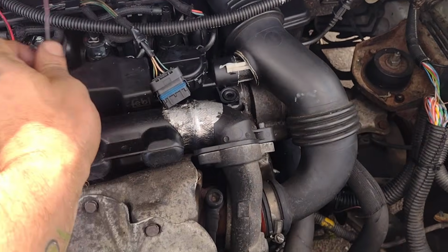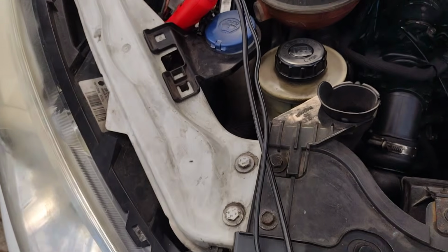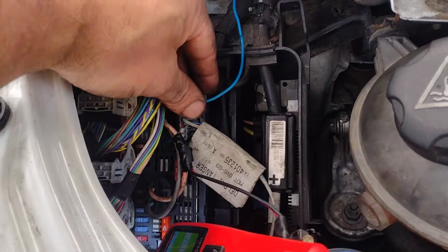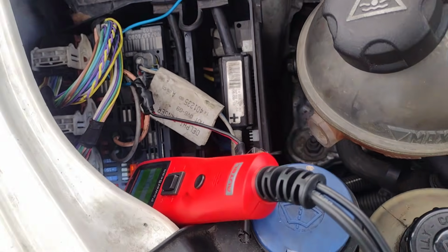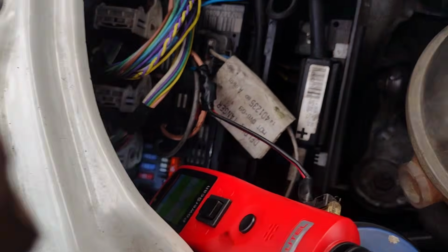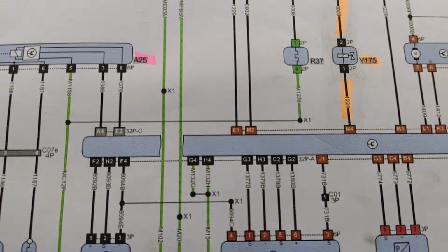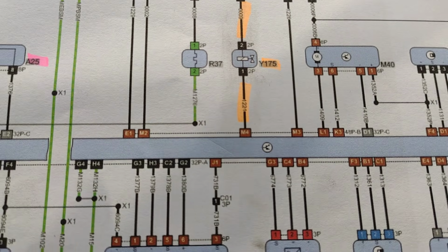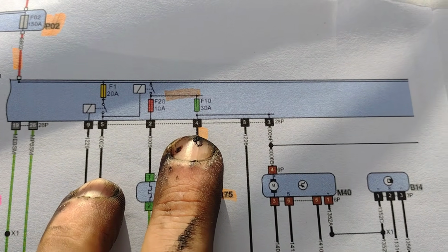Now, the reason this had no power is because the mass airflow sensor wasn't working. That's the real reason, right? So no power to the mass airflow sensor, and the car had no power because of that. This one came through a different wire, soldered in the same place here, but I'm going to see if I've got power. That one goes to the fuel pressure regulator in the pump. That one right there. Okay, so that should get its power from the fuse box, fuse 10, 30 amp,